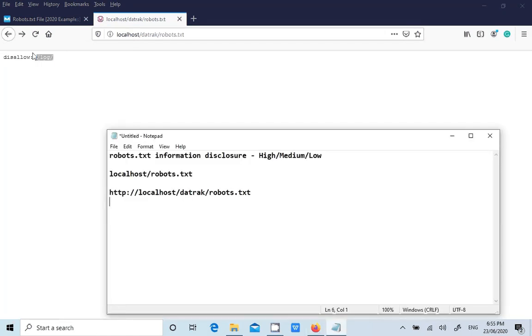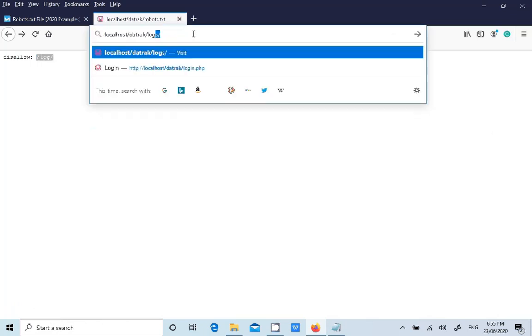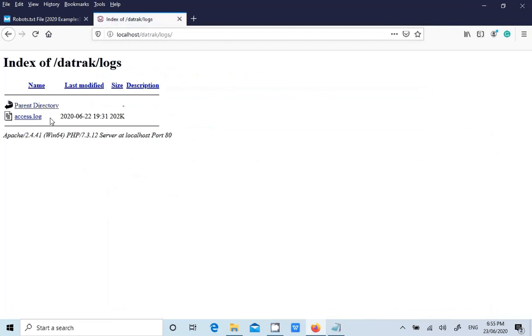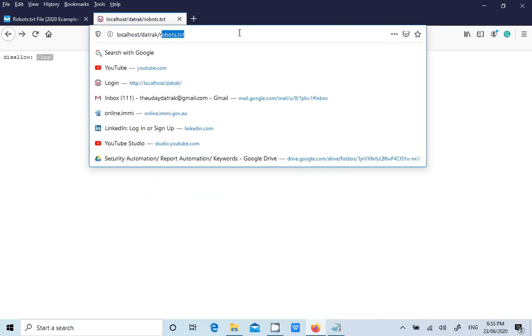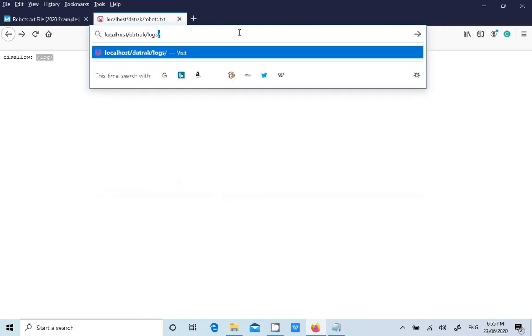And if you can access this particular folder, like I showed you before, log or logs, and it shows the contents like this, then you should report it as a high level issue, saying that robots.txt information disclosure has disclosed a particular folder path in the robots.txt file, and using that I was able to access confidential information on the server like logs, access.log.